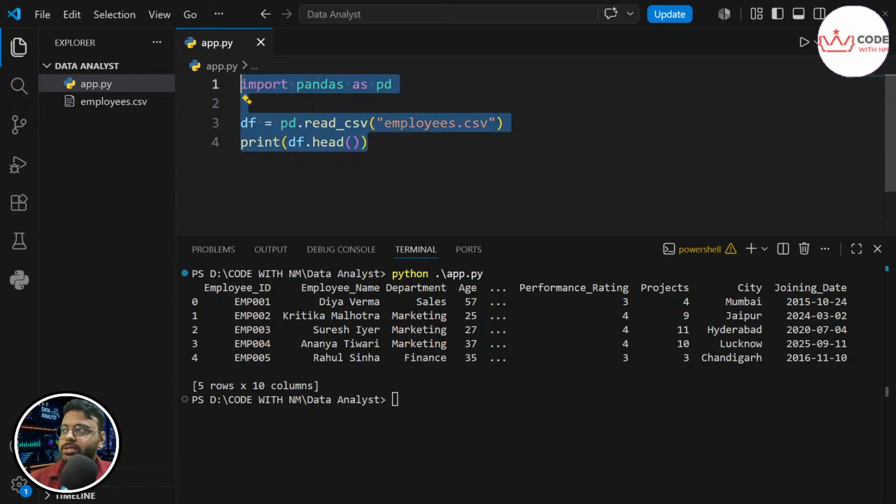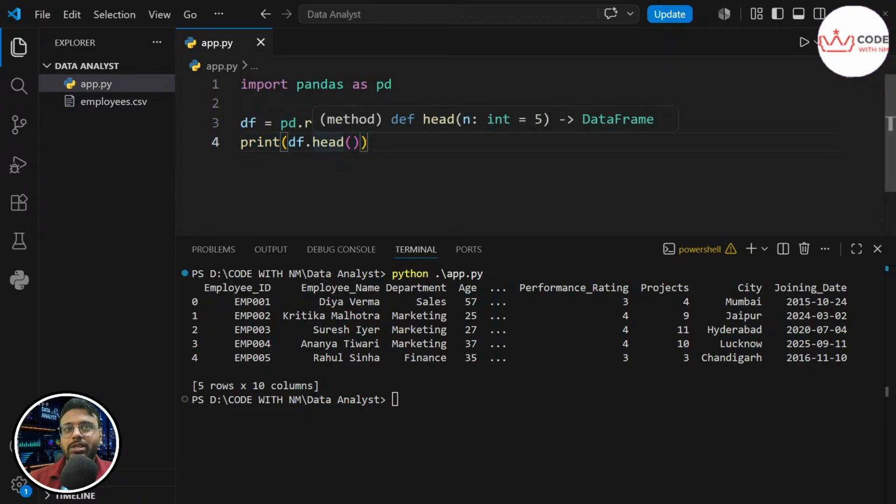So this is the basic. Just understand, this is boilerplate. This is the very first line of code in almost every real data analyst script. If you are working as a data analyst, you will find line number 3 and line number 4. Whether you are analyzing sales, HR, or finance data, it always starts with loading the file. So you load the file and then you check whether it loaded successfully or not. Understood? Okay.